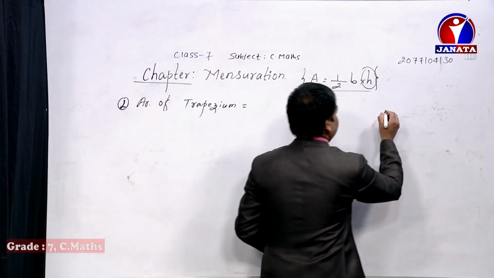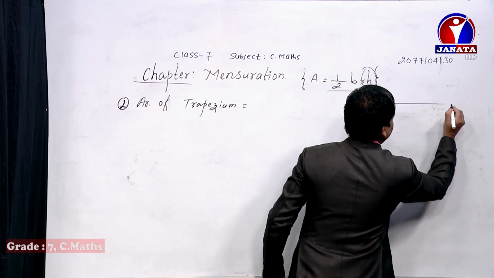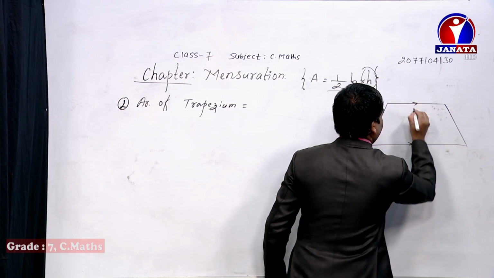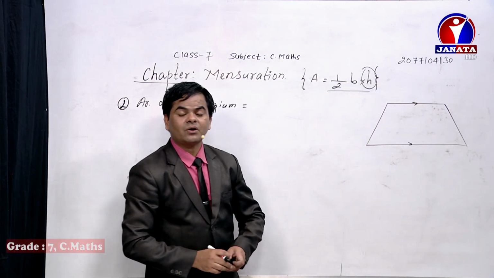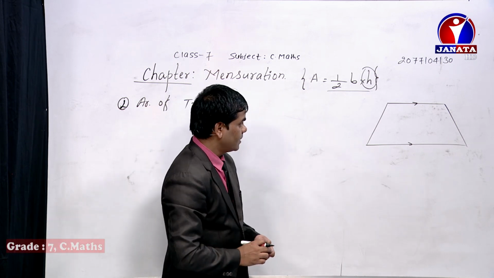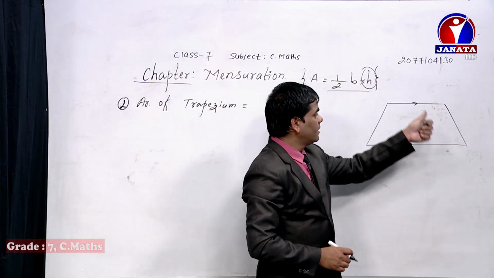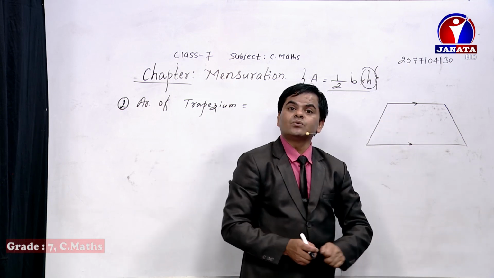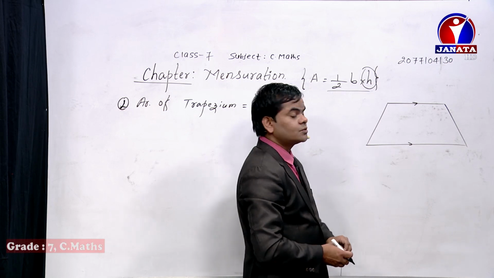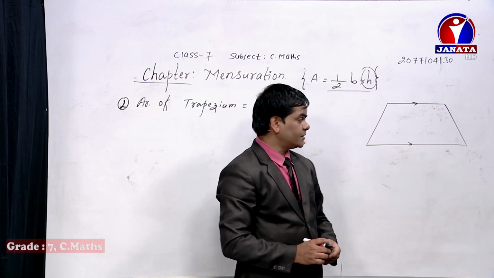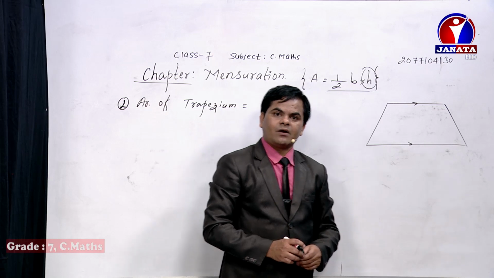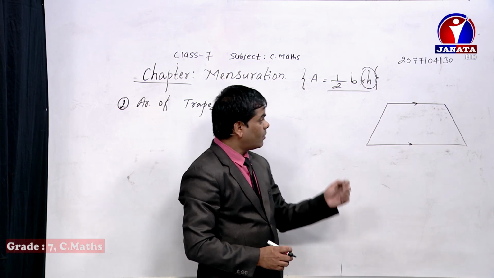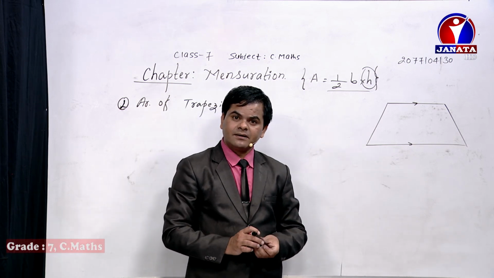Then let's prepare a trapezium. What like figure is known as trapezium? We must keep in mind those two opposite lines are parallel to each other, but those two lines are not equal to each other. Among those four sides, opposite two sides are parallel to each other, and the other two remaining sides are not equal to each other. That type of figure, a polygon having two opposite lines parallel to each other and having just only four sides, is known as the trapezium.